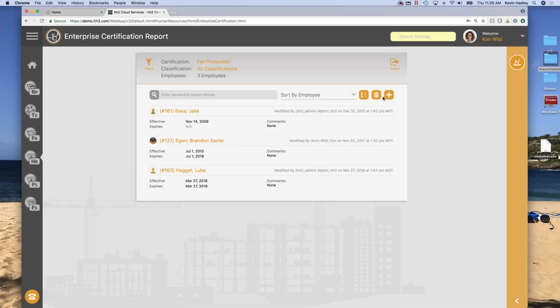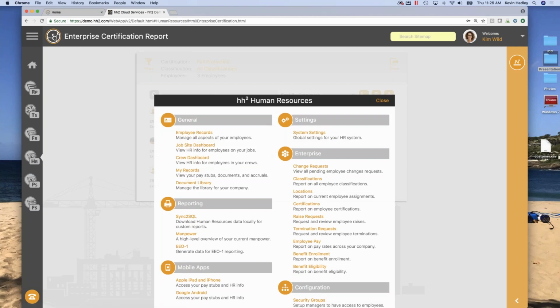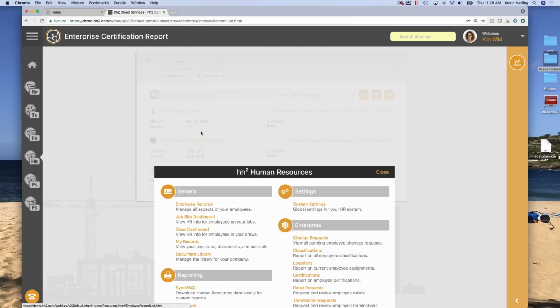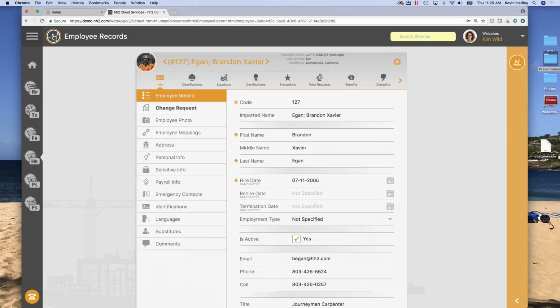I could sort things out on a specific report. So again, that's looking at it across the enterprise section. All right, let's go back to Brandon's record here then. Okay, so again, that's probably one of the most widely used ones that we have.